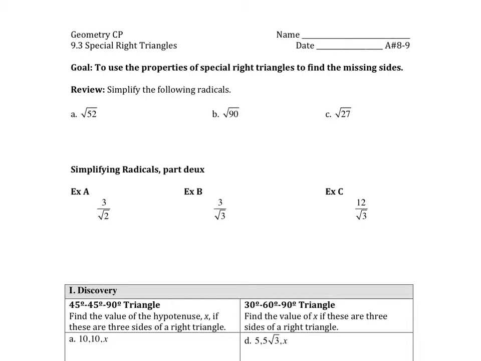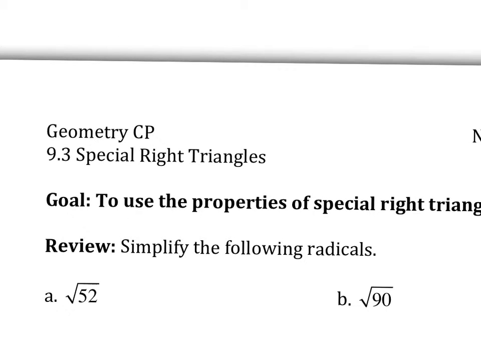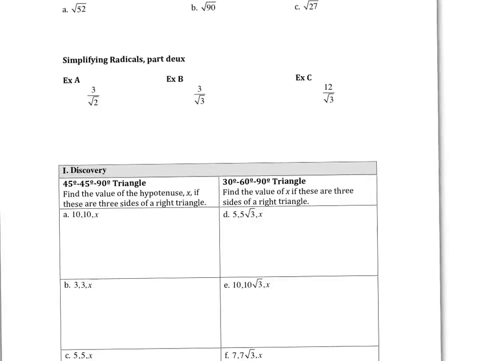Greetings, geometers. Today, on this lovely day, we are going to use the properties of special right triangles to find missing sides. Now, the nice thing about special right triangles is that it's all derived from our friend, the Pythagorean theorem. What we're going to find is that when we use the Pythagorean theorem under two contexts, that is a